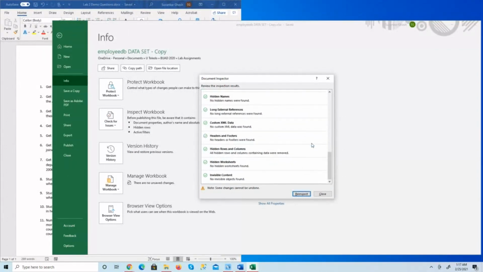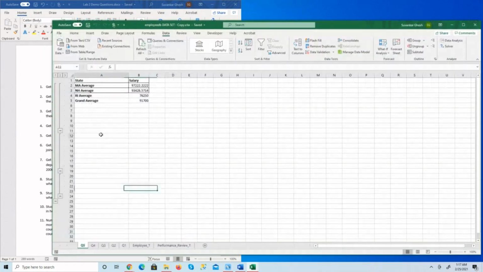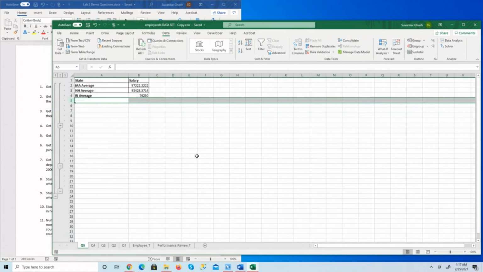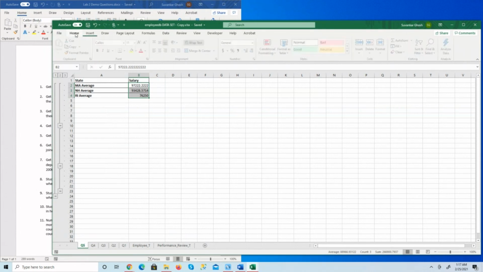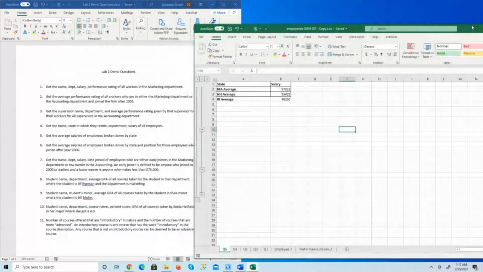Do remove all. Close it. Go back here. Those rows have been removed. They've not asked you for the grand average either, so why give extraneous information? You can remove that. Finally, when you're doing salaries, people don't really want to see decimal points. So you can simply reduce the decimal points and make them all integers. So that's your problem number